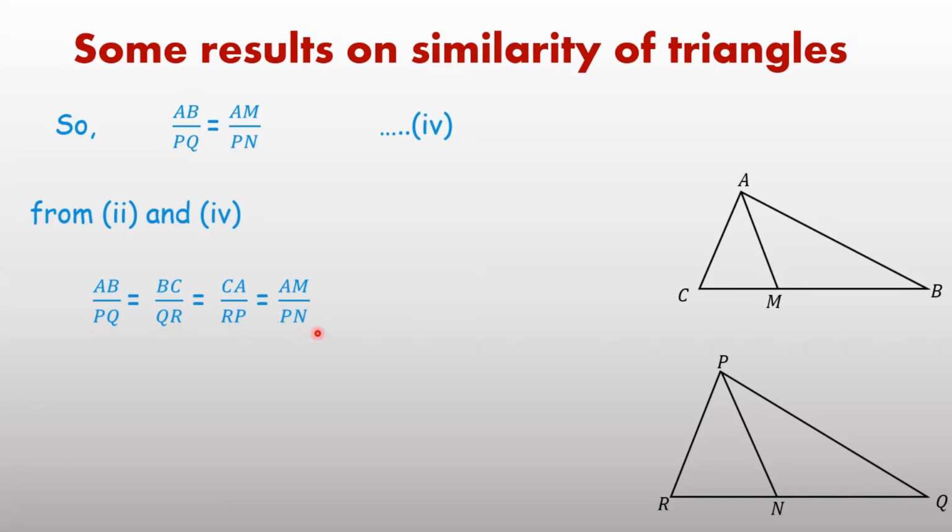Three results we have covered here, and the proof and derivation are the same. They are also important questions for board purposes. Therefore, I have covered in this video the results of these three. The first result: if two triangles are similar, then the ratio of sides is the same as the ratio of medians. The ratio of sides is the same as the ratio of angle bisectors. The ratio of sides is the same as the ratio of altitudes.